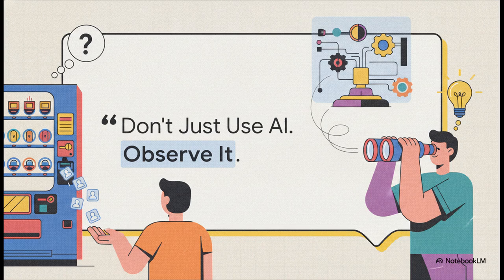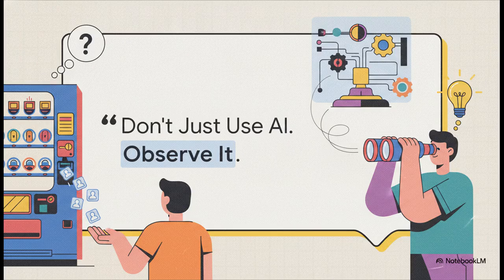And everything we're going to unpack today is really anchored by this one simple yet incredibly profound instruction from Yoshida's International Edition notes. Don't just use AI, observe it. It's basically an invitation to take a Socratic walk with us. You know, most of us just treat generative AI like a vending machine, right? We pop a prompt in, we get an answer out, and we move on. But Yoshida, he's asking us to step back, to stop focusing solely on the output and to actually start watching